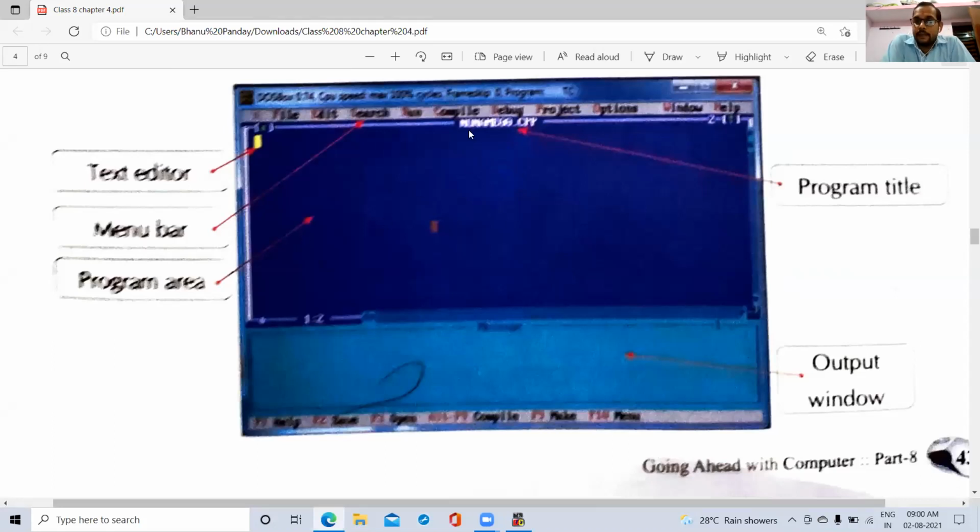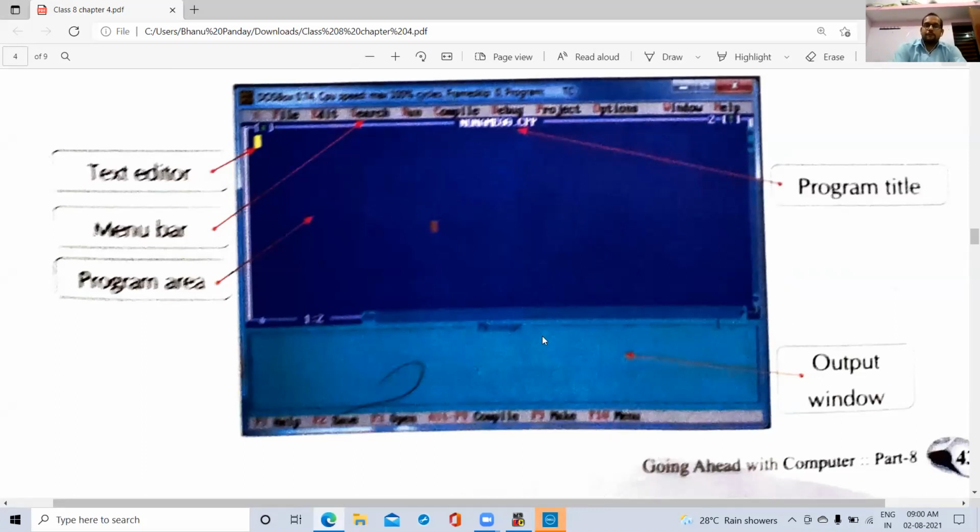Then here a name is given like NONAME.cpp. So this is the program title. Program title means once you save your program, the name will display here. So this is called the program title. Then at the bottom of the program area, this screen is called the output window.